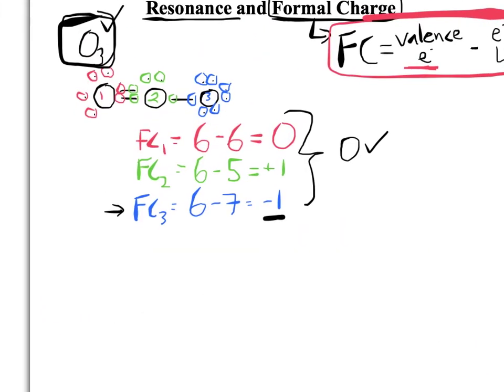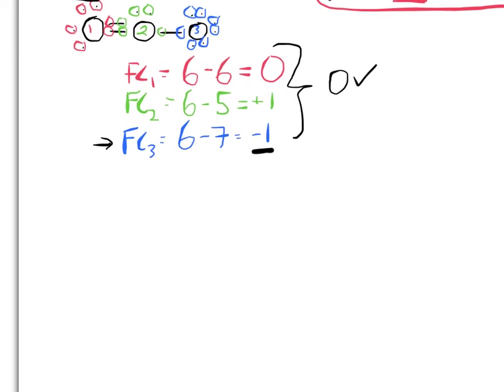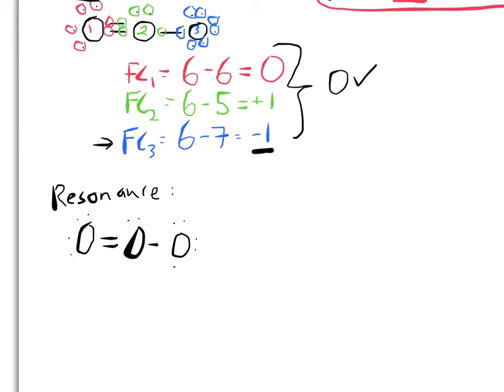Okay? Resonance. And what resonance is, is the use of two or more Lewis structures to represent one molecule. So we drew our original Lewis structure for ozone like so. What resonance tells us, and what that electrostatic potential map indicates to us, is that this molecule does not exist